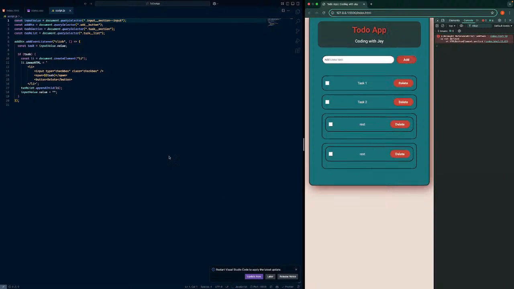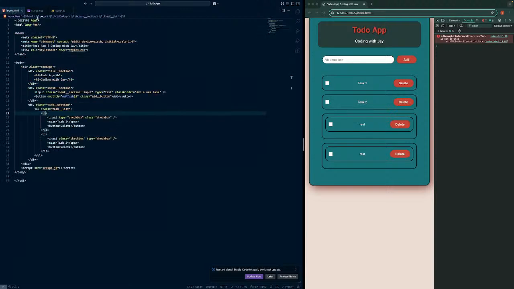That's not what we want, so something's going on. We only wanted to show one. Why is it getting input value li? Let me see. Do I need to get the